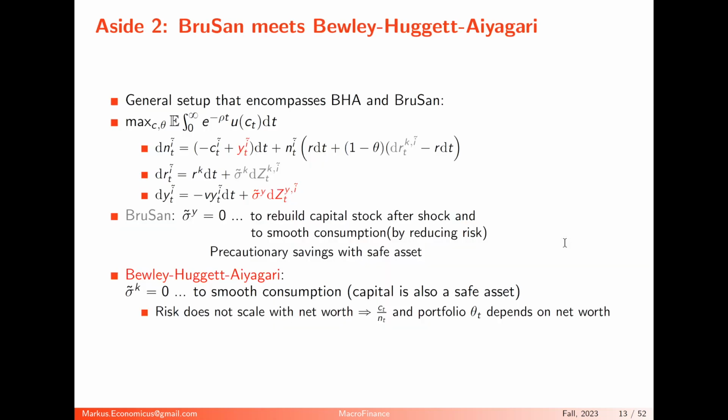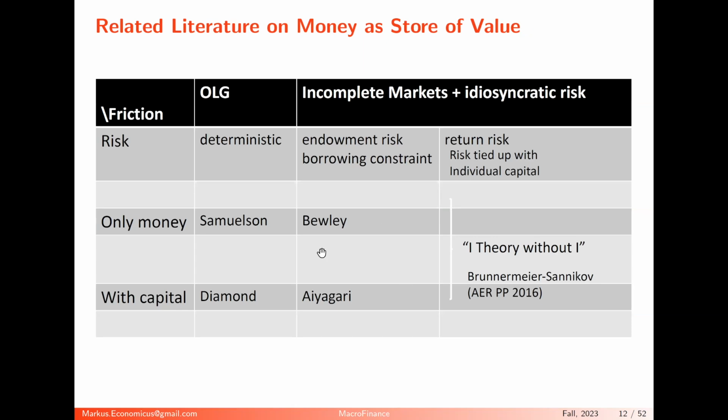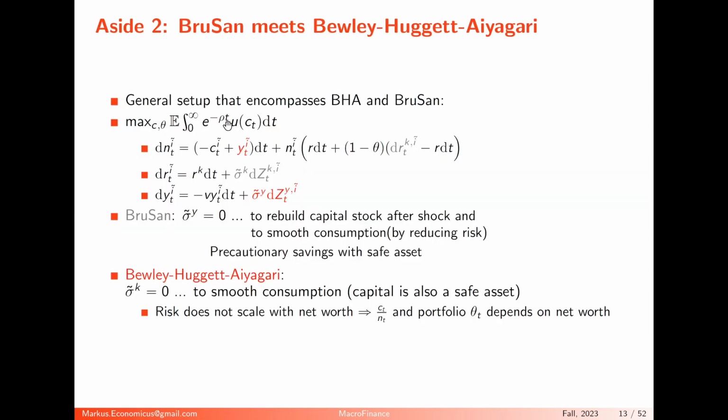Okay, so let me just contrast this setting with the Bewley-Huggett-Aiyagari, as I said before. So this is a stream, the Bewley-Aiyagari-Huggett. Huggett is in between. They essentially use the Bewley model, using the macro machinery to illustrate that. But Bewley comes out of economic theory, as a general equilibrium theorist. So the Bewley-Aiyagari-Huggett, and how this contrasts with our setting.